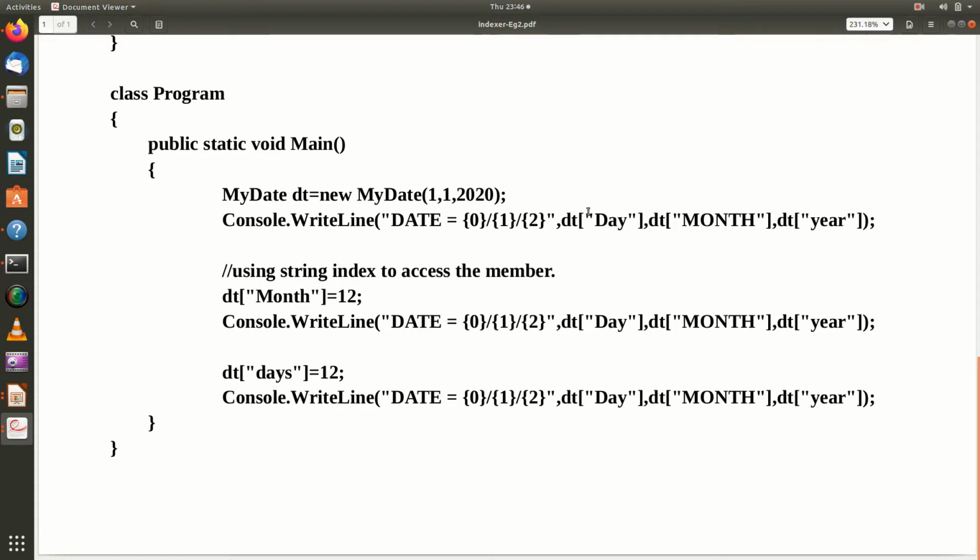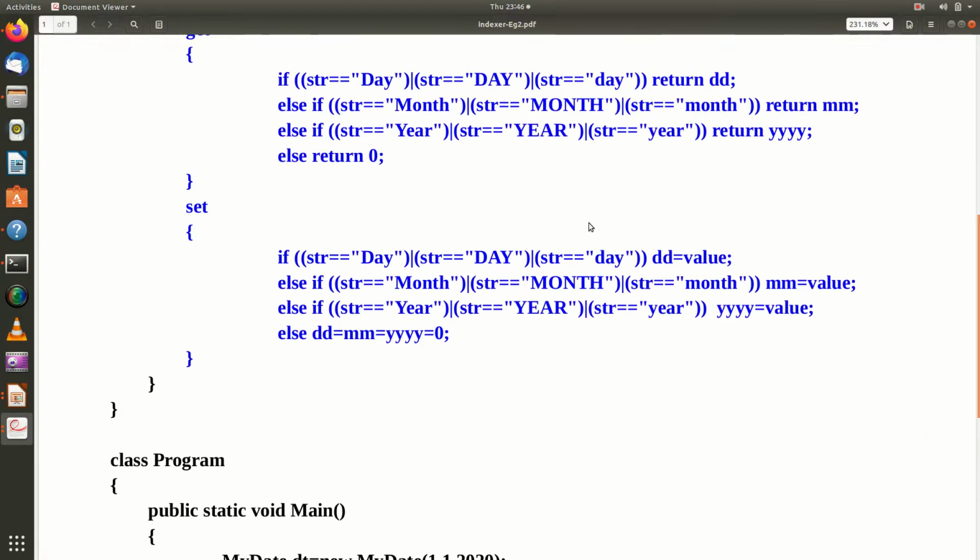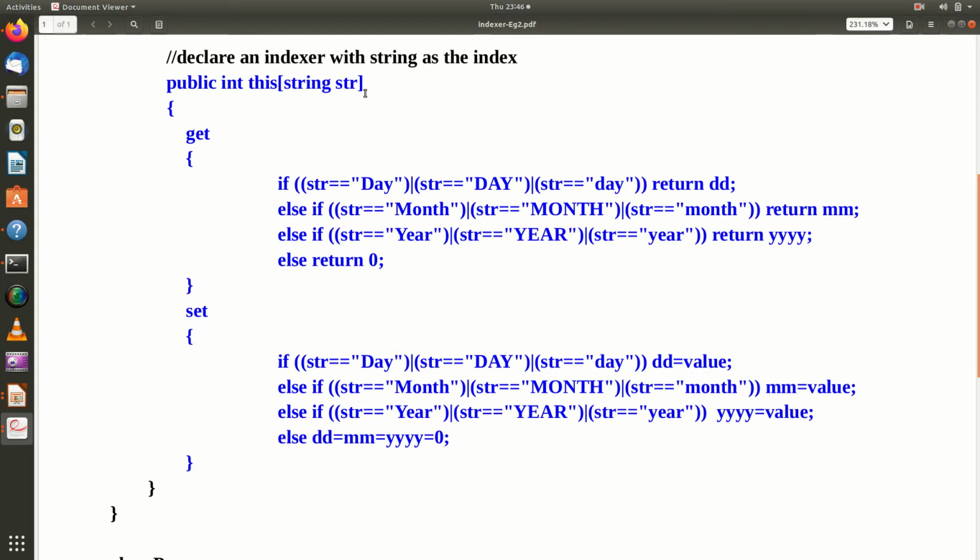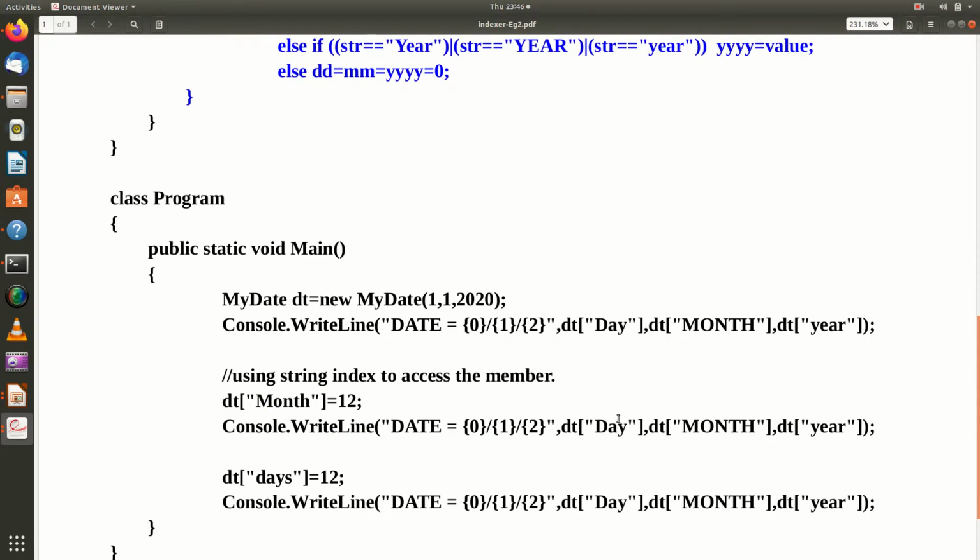Within double quotes I am passing day. So automatically this will invoke the getter method. In the getter method, the string passed is day. It will check if the string is equal to day. This comes to true, so it will be returning the day value. In the same way, dt of month will get the month value, and dt of year will get the year value.